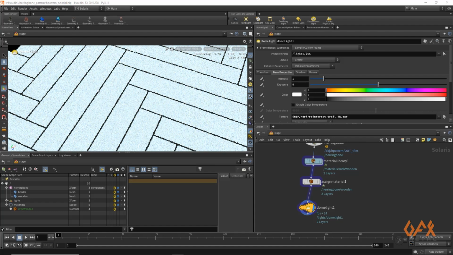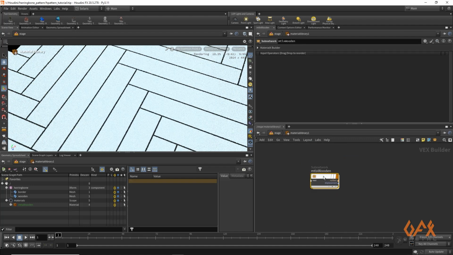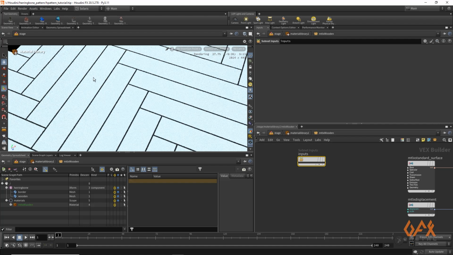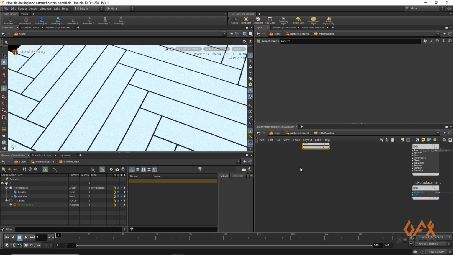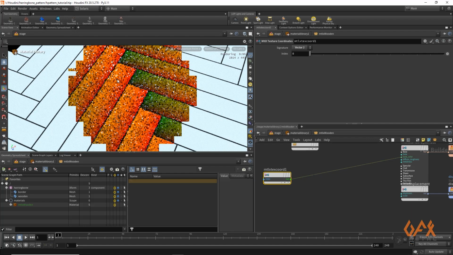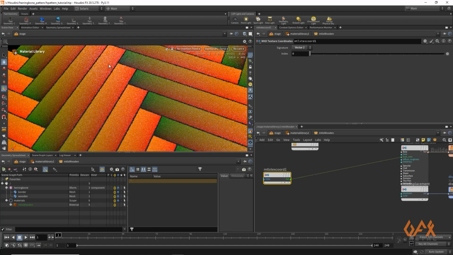So right now I'm not getting any texture on that, as I have not assigned anything yet. So I just need to go inside this material library, go inside this one. Now to apply the appropriate texture onto this styling, I need to call the UV attribute, and for that reason I just call MaterialX texture coordinate. Okay, so now if I apply this information into my base color, see, I will get this UV information.